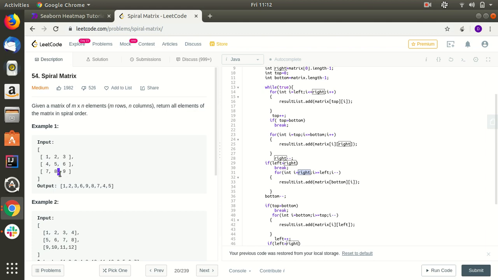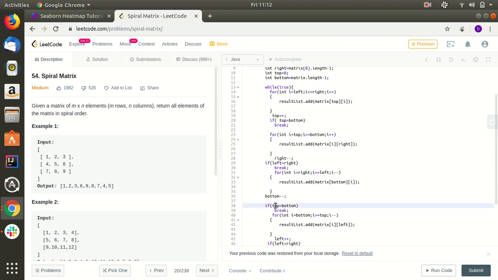So we are iterating in the reverse way, adding the elements in reverse. Then 8 will be added and 7 will be added, and the bottom will be decremented. So this row is all processed, and now bottom will point to this row.